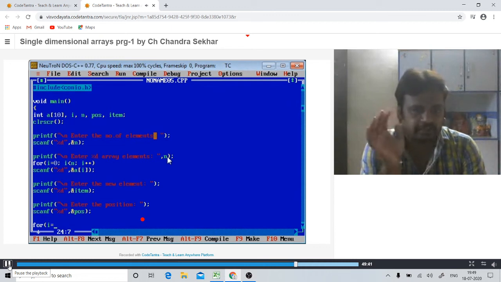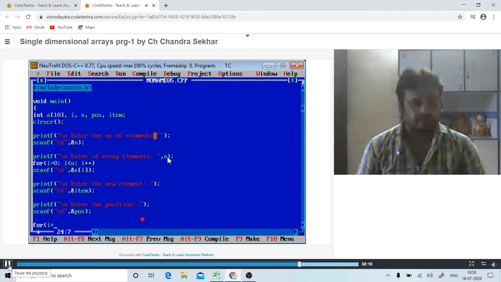That means the last value is moving to the next location, the n minus 2 position value moving to n minus 1 position, the n minus 3 location value moving to the n minus 2 location. Like this, first we move the elements from the right-hand side up to the position. Whenever we reach the position index, we insert the new element into that location.